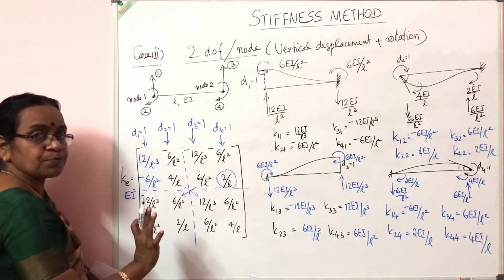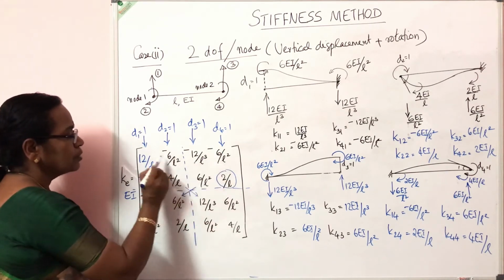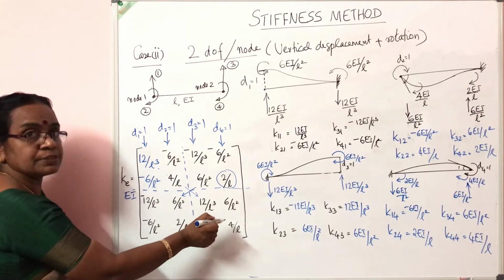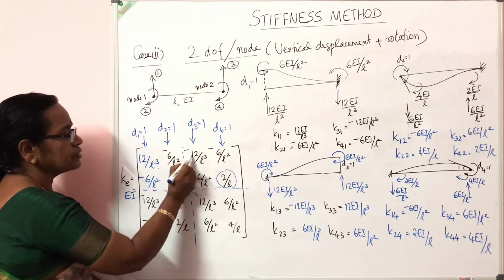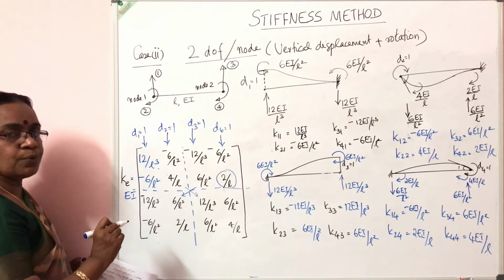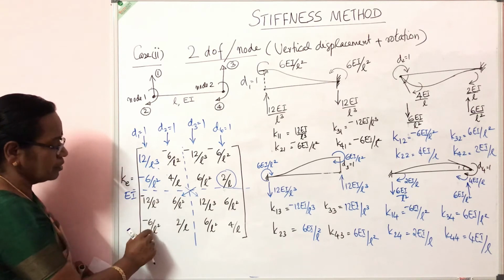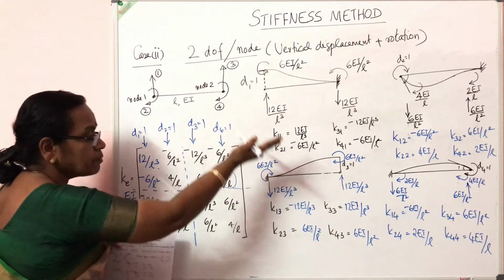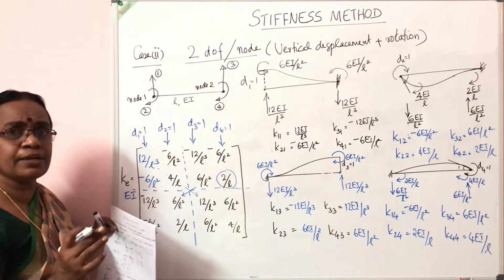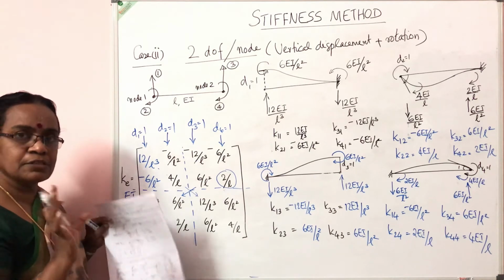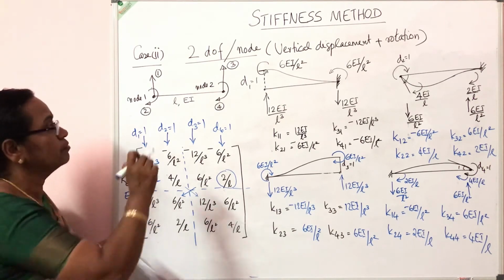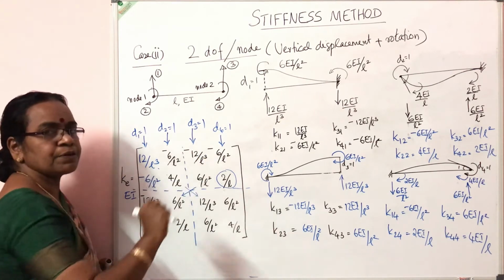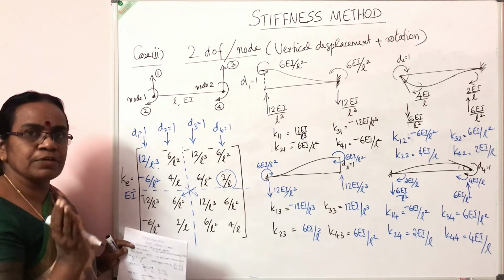First of all, you write all the terms positive. And in the first row, the diagonal elements will never be negative. All the diagonal elements will be positive. That is the property of the stiffness matrix. The first three terms in the first row as well as the three terms in the first column are negative. So even if you don't remember to derive these expressions, we can easily write down while solving numerical examples the stiffness matrix for a beam element with these coordinates, just by calculating these four terms for a particular L, we can get the stiffness matrix for the first element.